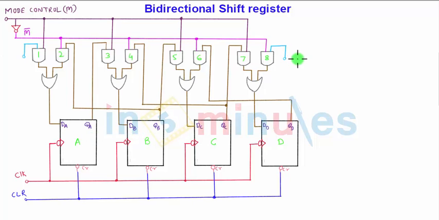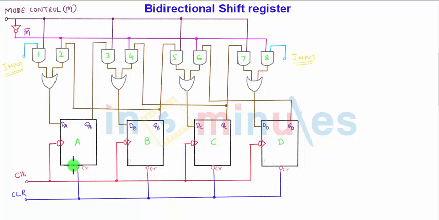Now if I say the data is inputted from this terminal, this is the input. We started from gate number 1, so this is also an input. Now, from 8 the data will go to D. From QD it will go to gate number 6 and 6 to DC. QC is connected to AND 4, DB, then QB is connected to AND 2, and it is going to DA. Means data is shifted towards left, D, C, B, A.